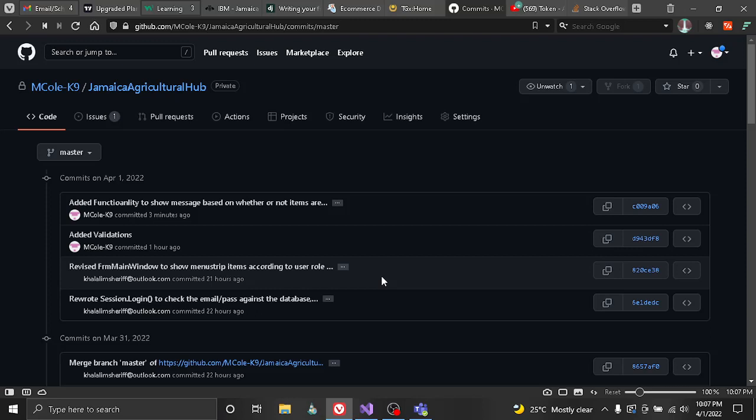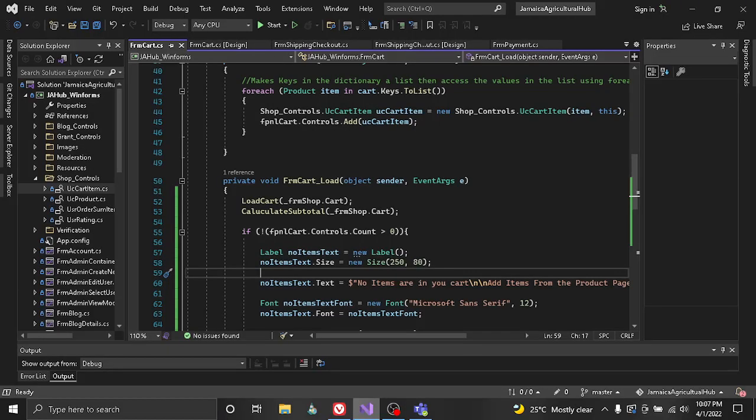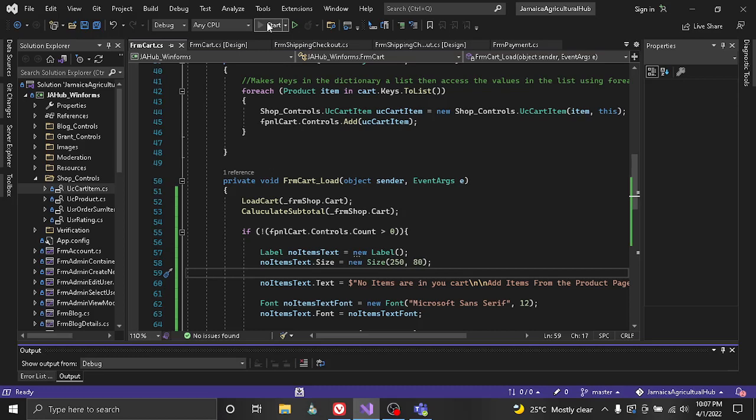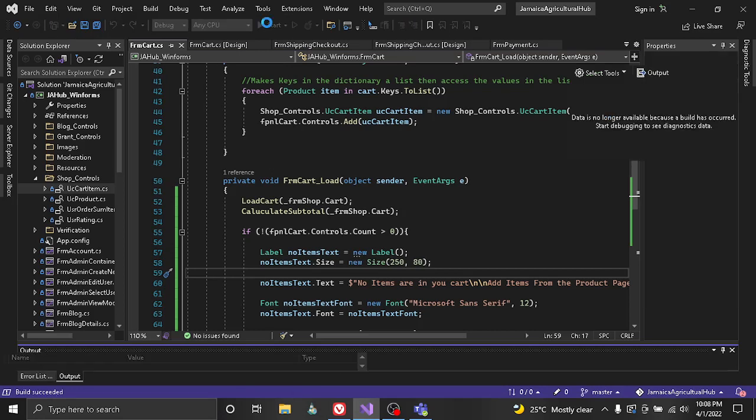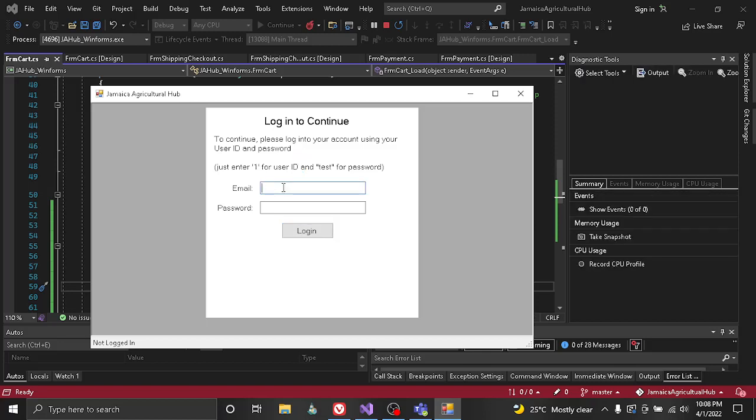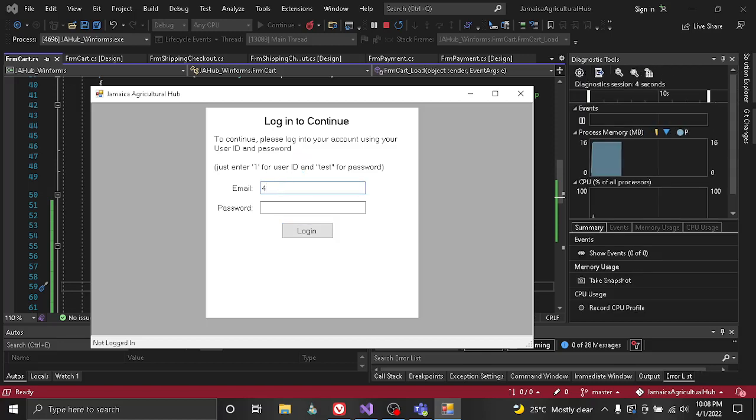I think there's a flaw in my design. I should have checked whether or not the cart was empty instead of the controls for this panel, because if I were to do something like this,